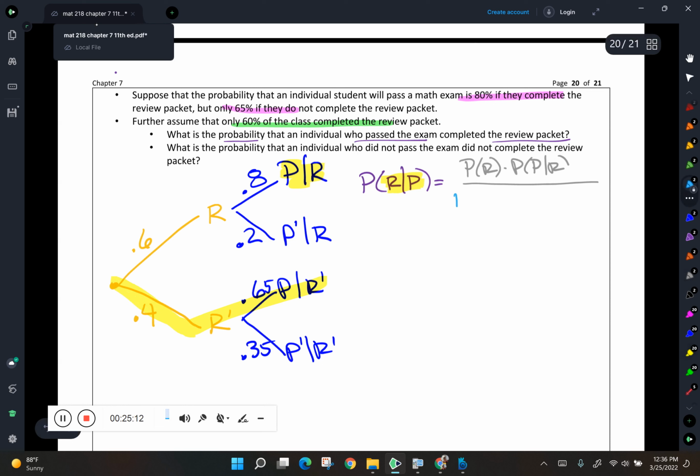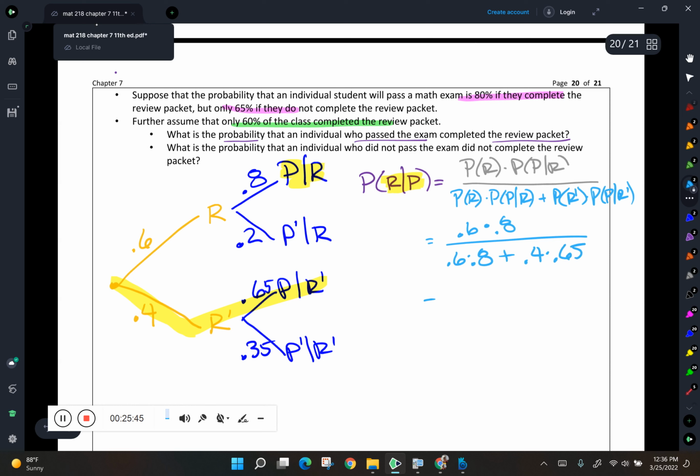So it's going to be the probability of review times the probability of pass given review, plus the probability of review complement times the probability of passing given review complement. So it's going to be 0.6 times 0.8 in my numerator, divided by 0.6 times 0.8 plus 0.4 times